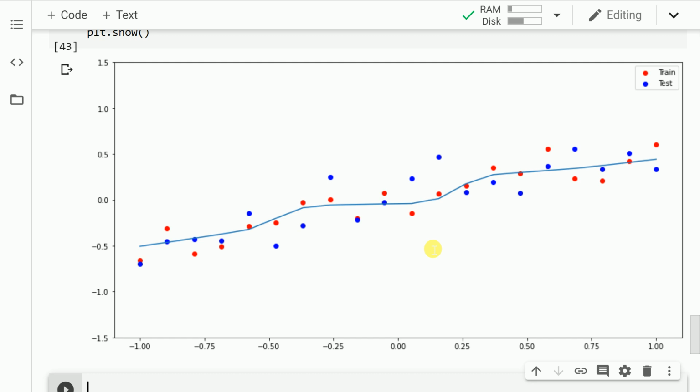As you can clearly see from the diagram, this time around the neural network is not very close to the red points. It has tried to understand the relationship between y and x. That is why it is a bit far off from the red points. In some places, yes, it is very close, but in some places you can see a very good difference between the actual line and the red points which were my training data points. So this was my attempt in explaining how dropout can help you eliminate the overfitting problem in case of a neural network. I hope you enjoyed this video.